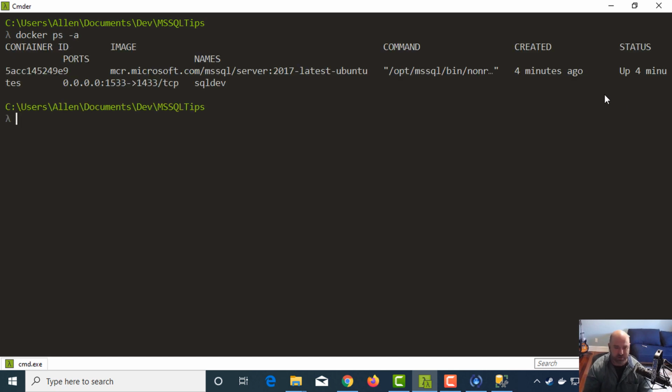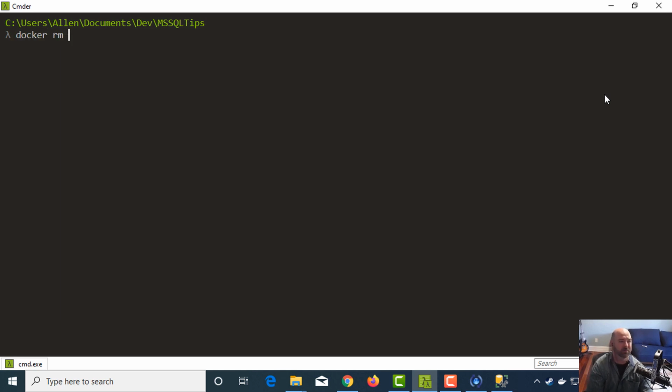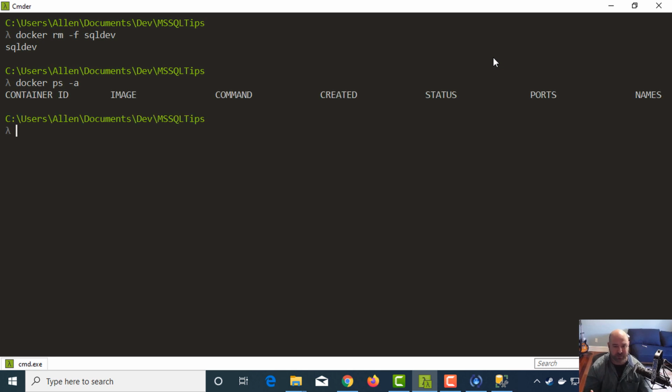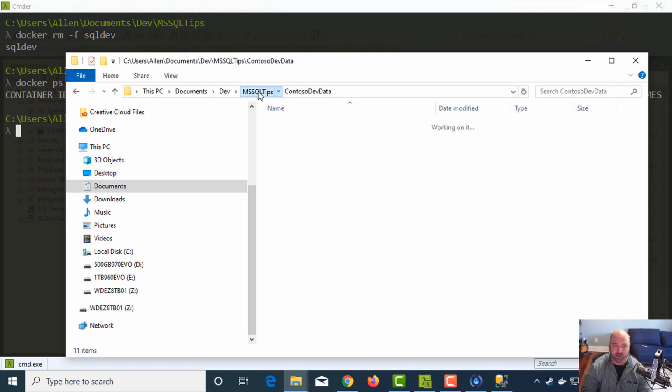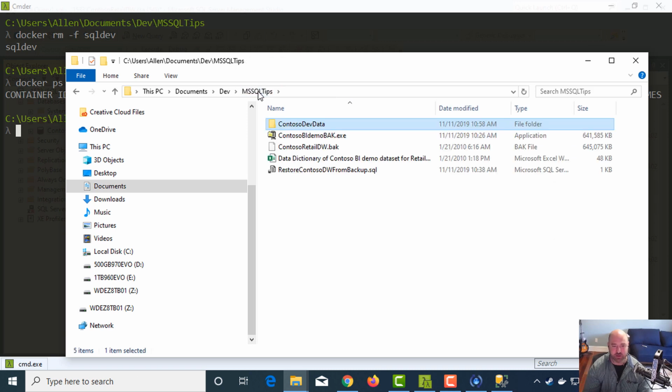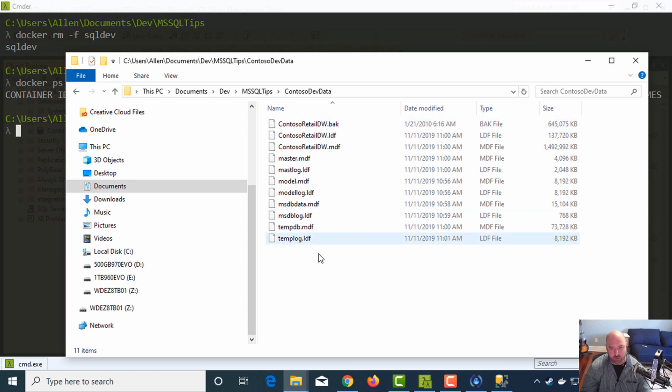I don't need to show you shutting it down. What I am going to do is I'm going to RM it this time though. So docker rm -f sqldev. All right, so it should be no surprise that that container is not there anymore, right? But look, our folder is still there because what we did is we mapped a directory on our host, our server, our computer into that container. So even though the container is gone, this folder with the data that we had mapped inside that container is